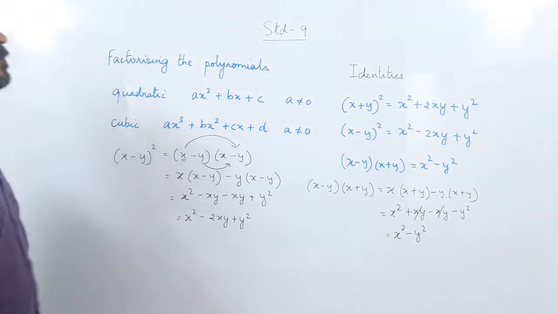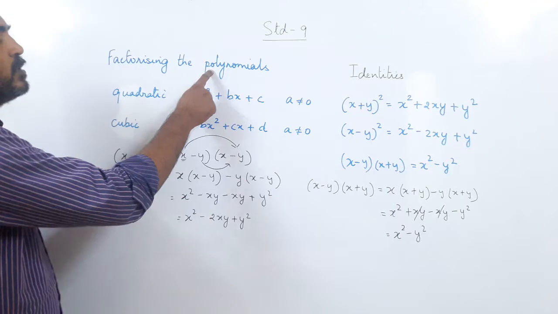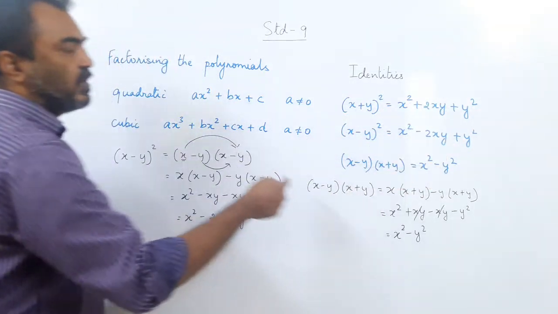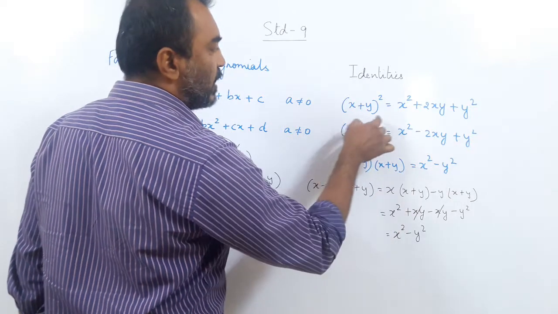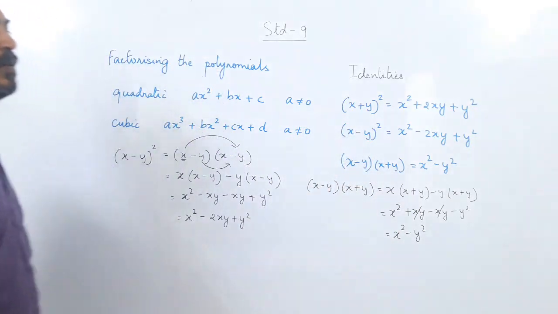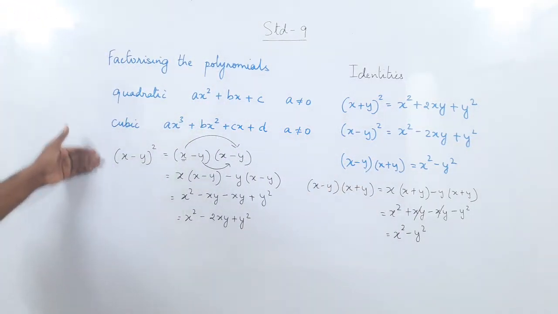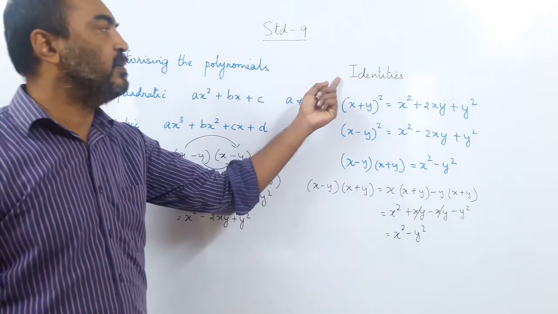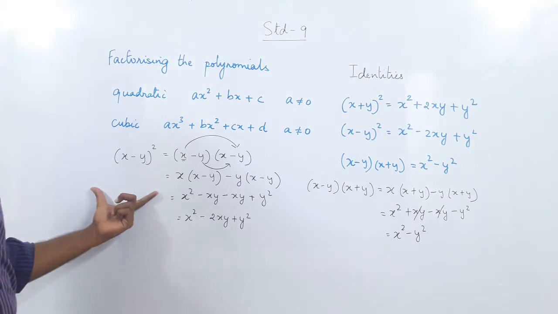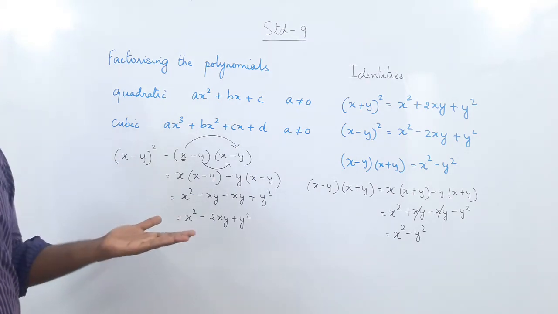This year we are doing the chapter on factorizing the polynomials. So we are going to do it backwards, in reverse. So we are given this identity, and working backwards, we will get the factors. Right? So last year you learned the multiplication, how to expand the identities. The algebraic identities were expanded like this. For example, you learned to do multiplication.